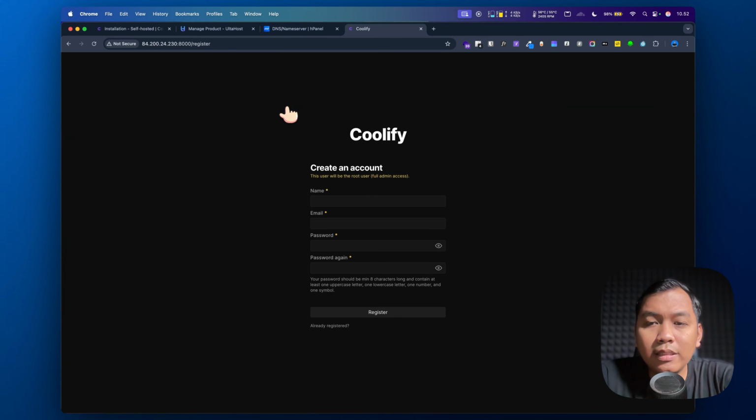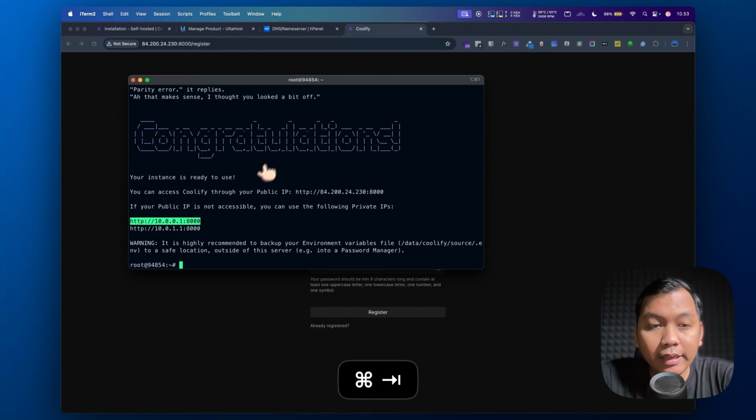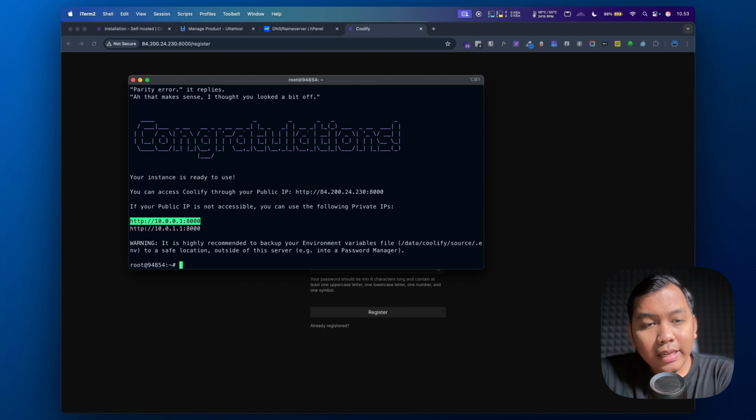Alright, so it works. As you can see here, this is the very beginning, the welcoming screen, where we have to create an account in Coolify. Coolify highly recommends backing up our env file and storing it outside of our server.